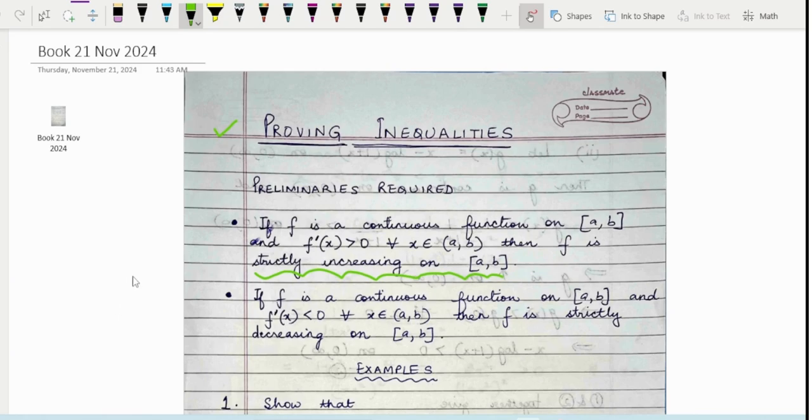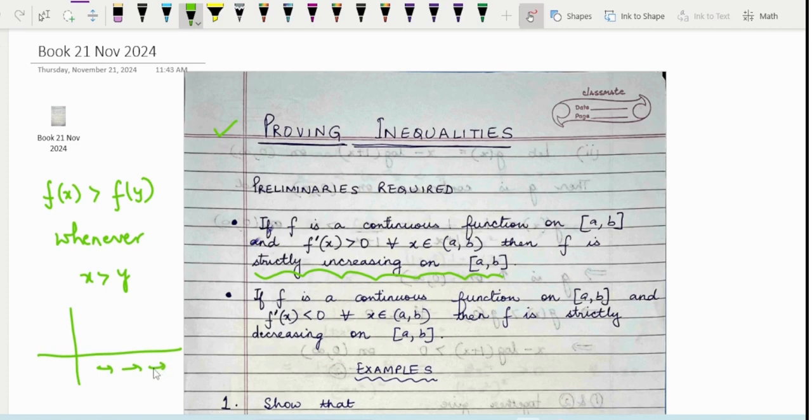So there is a function whose derivative is positive, then it's strictly increasing. What is the meaning of strictly increasing? A function f is said to be strictly increasing on its domain if f(x) is more than f(y) whenever x is more than y. That means when your x increases along the x-axis, then the height of the function also increases along the y-axis. So as you increase x, your f(x) is also increasing. So if x is more than y, then f(x) will be more than f(y). Such functions are called strictly increasing, and this is a criteria for checking increasing or decreasing nature of a function.